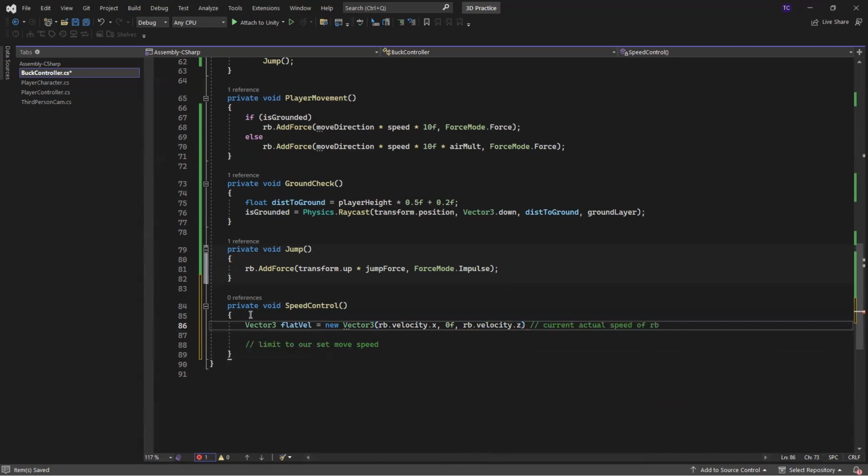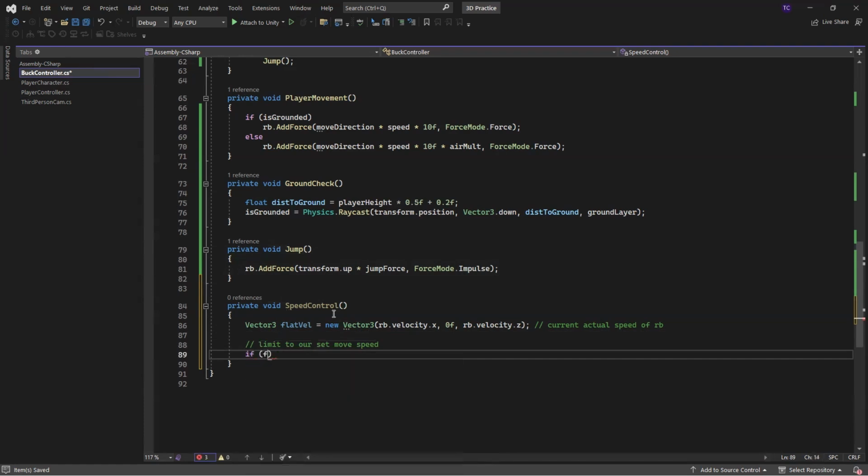Now, why did I exclude y over here? We want speed control to only affect the x and z, the forward and back, and the left and right movement of Buck. We don't want it to limit the effects of gravity or the jump force. So now that we have our flat velocity, we're going to check if that flat velocity goes past our movement speed. So we're going to do flat velocity dot magnitude